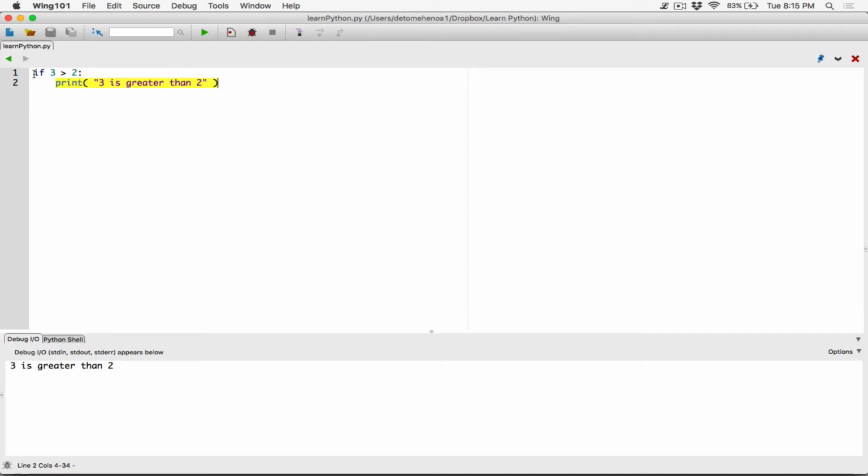All right, so let's create a variable and call it first number. Let's set it equal to 3, and then second number, let's set it equal to 2. Then we can do something like: if first number is greater than second number,